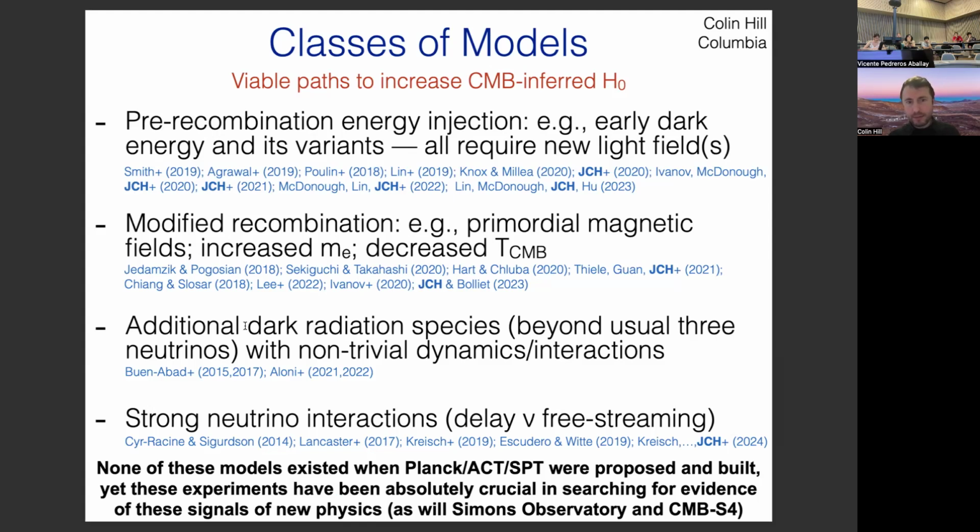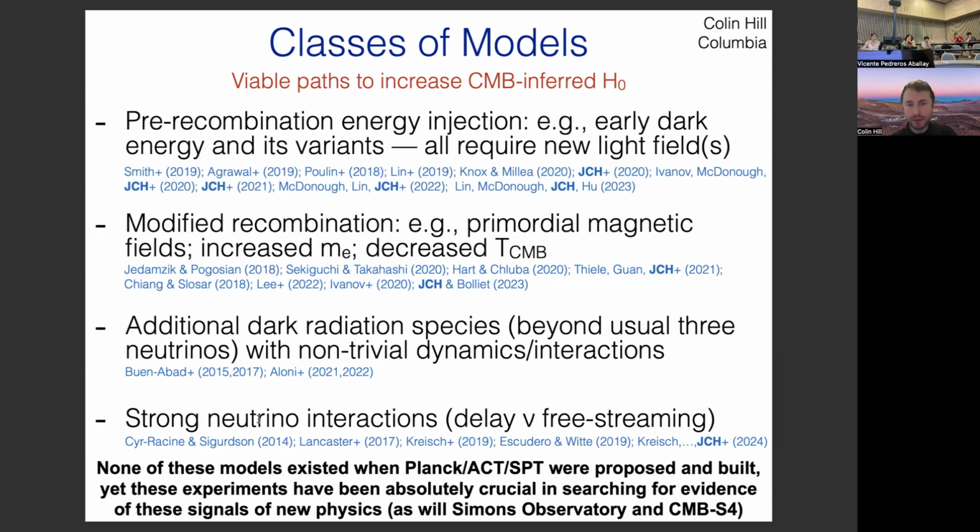that the simple N effective, just free streaming dark radiation, is too heavily constrained to change H naught by very much. So you have to actually go beyond this and introduce some non-trivial dynamics into this new dark radiation sector. And there have been some clever papers trying to build models that do this with some success, but nothing fully working. The last option that's received some attention that has some phenomenological success is to introduce strong interactions between